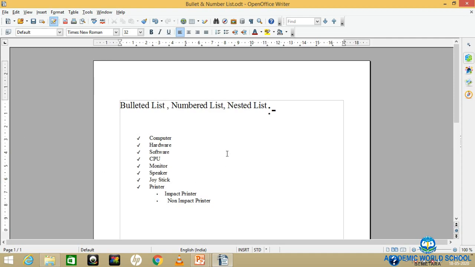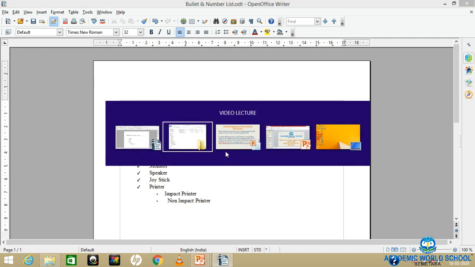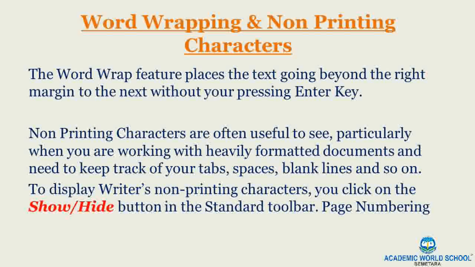So what is word wrap? The word wrap feature places the text going beyond the right margin. Whenever you are writing any matter in Writer, when you reach the end of the line, you need not press the enter key.